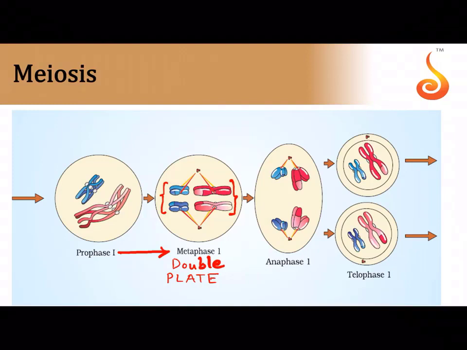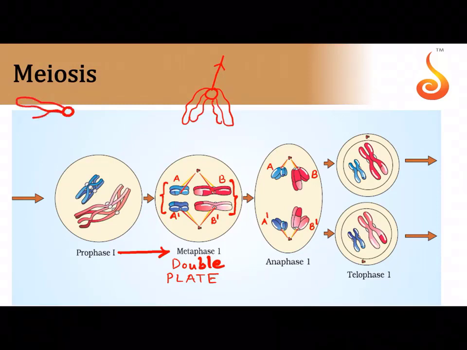So here notice that the pairs are getting separated. Say for example, this is A and this is A dash, this is B, this is B dash. A is getting pulled away from A dash, B is getting pulled away from B dash. The centromere is not splitting. When they are getting pulled away, you can see that they have two chromatids attached. Very much you can see two chromatids.